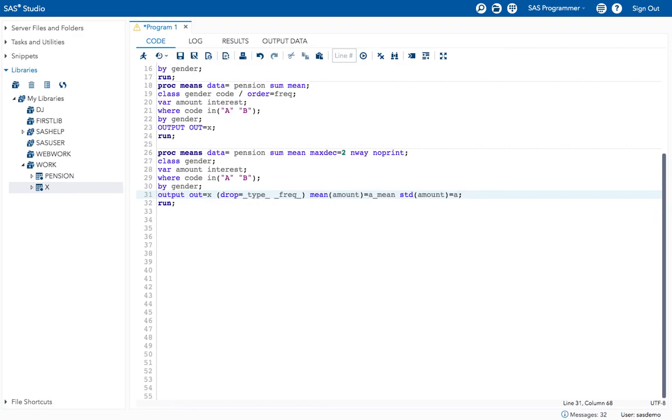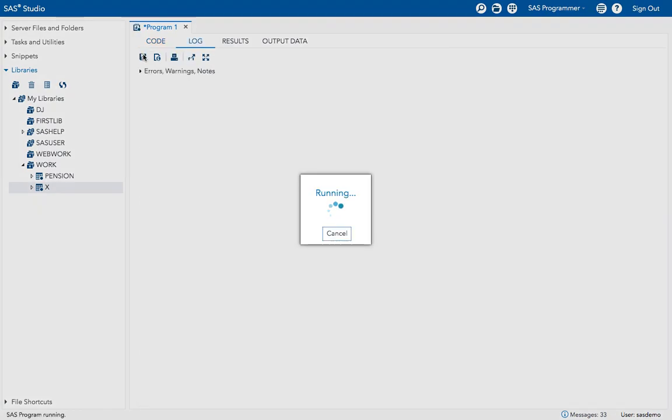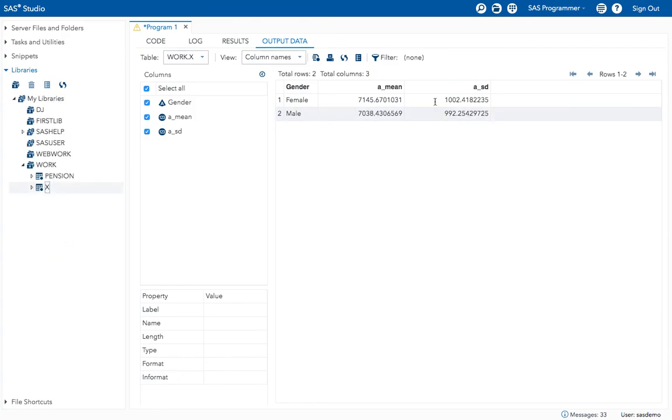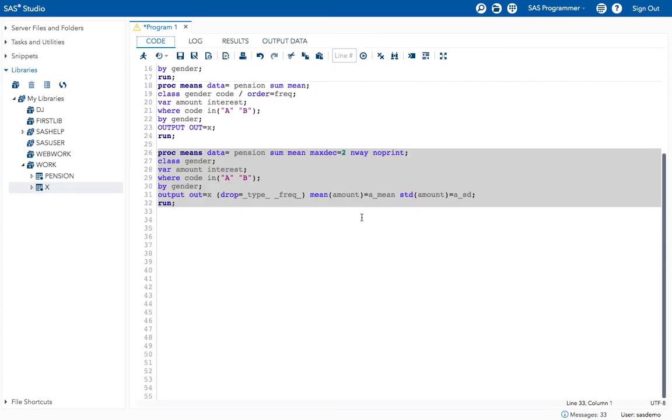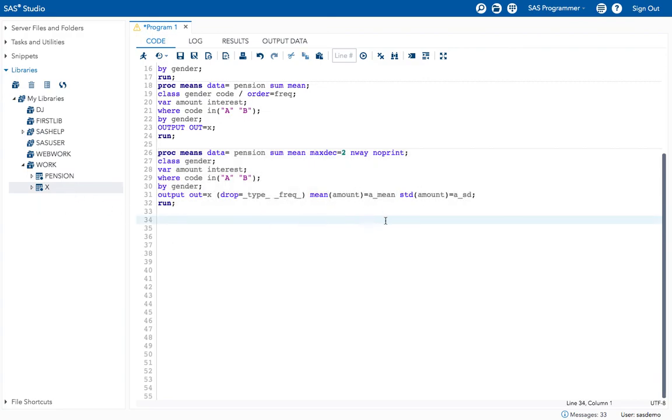Now I will give underscore std as the variable name. Now execute the program. Now you will get only the mean values and the standard deviation values. Okay, like this we can generate the results that we want in the output data set with the specific statistical data.